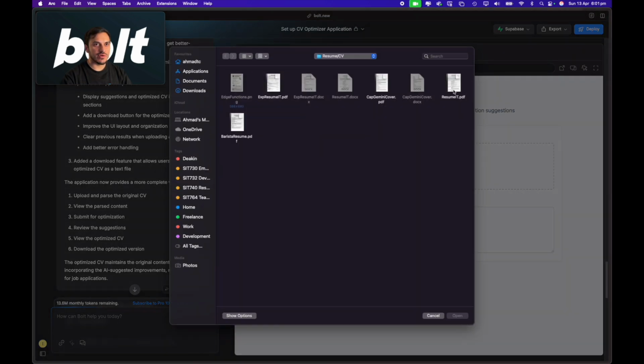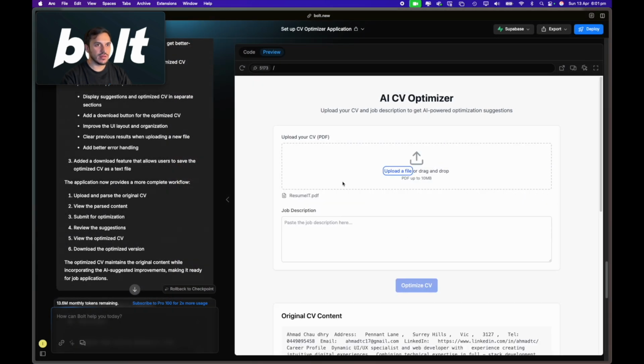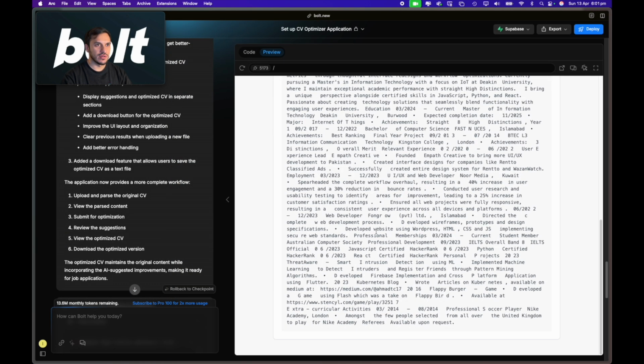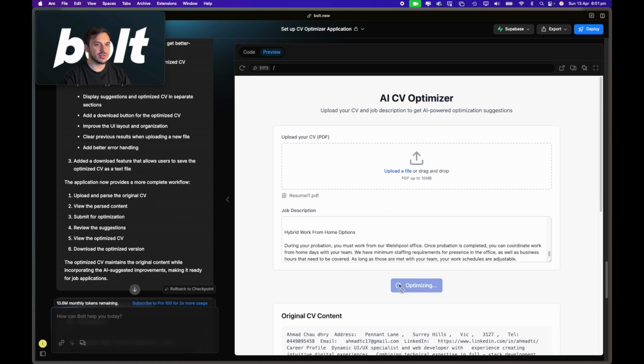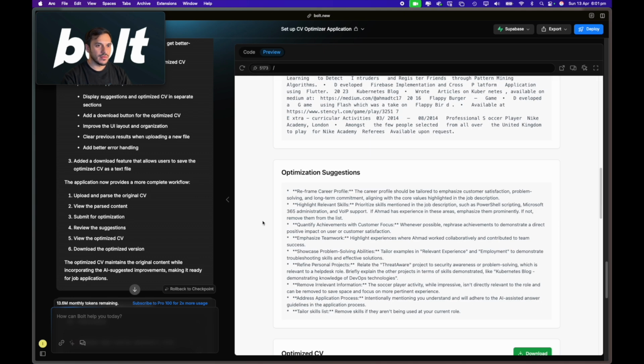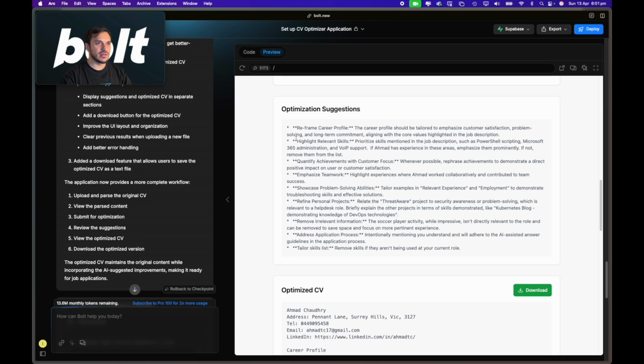Now let's see if it's working as expected. I'll upload my CV. Here we can see it's parsed all of the data from the PDF. I'll paste the job description, hit optimize. Yep, here we can see that it's given us the optimization suggestions, asking us how to change our original CV,